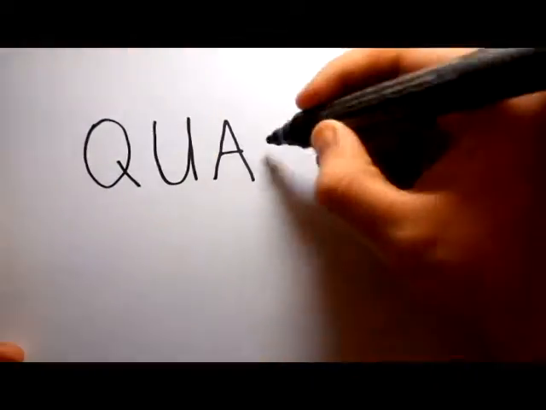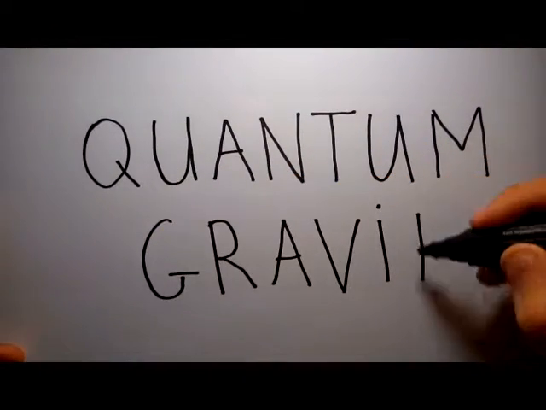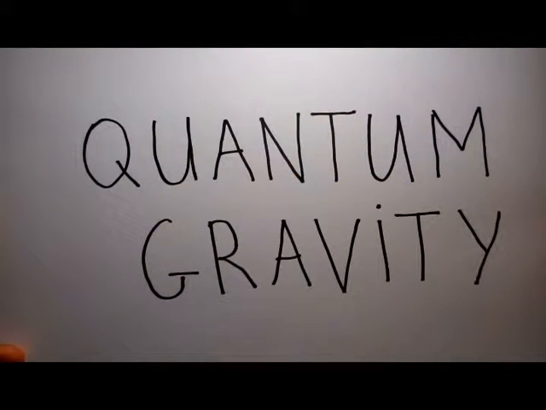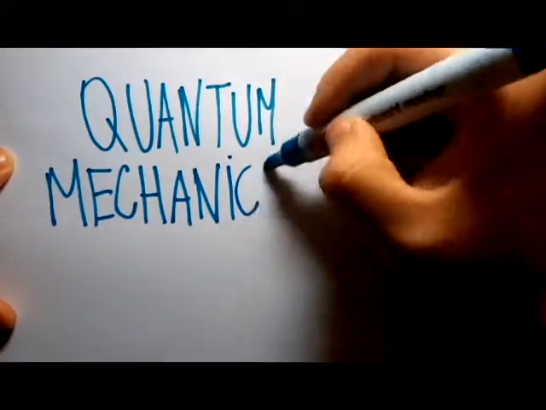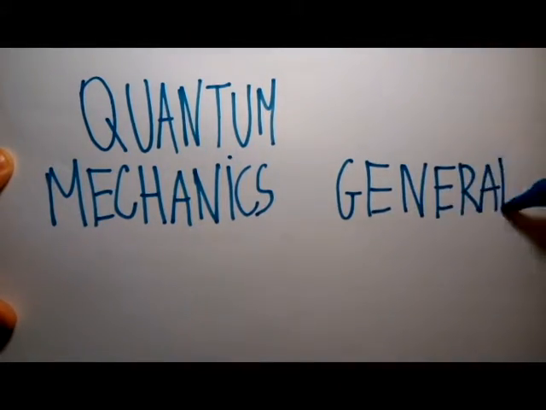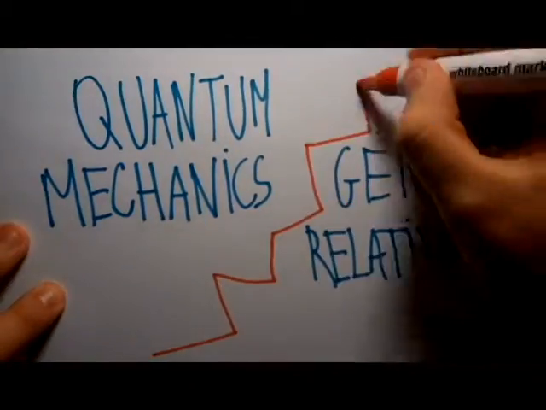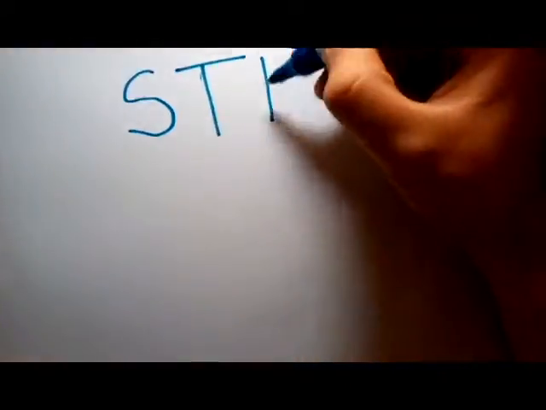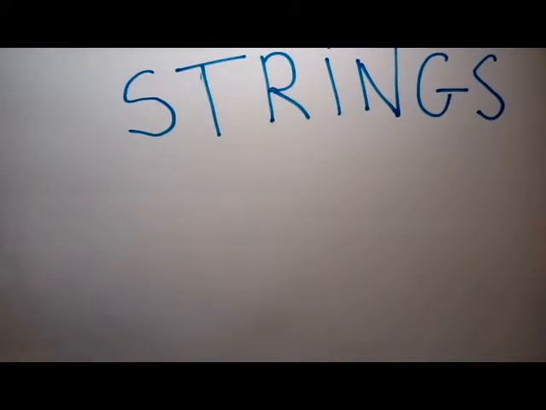But before the idea of string theory even appeared, physicists were struggling to solve one of the biggest problems in modern physics, quantum gravity. This theory was essential to glue together quantum mechanics with general relativity, but it was nearly impossible to combine each other's rules and principles. So, one day, physicists came up with a solution in the form of one-dimensional